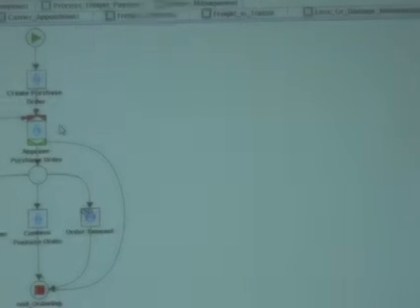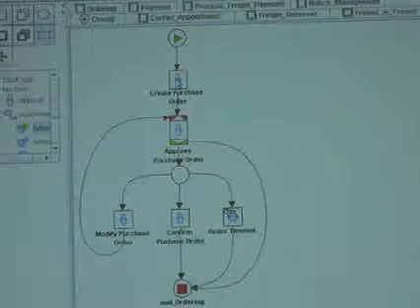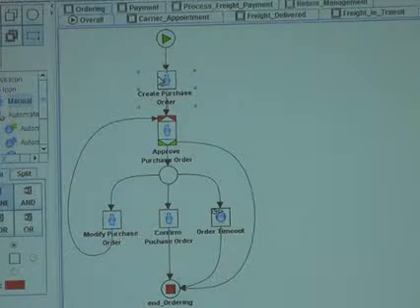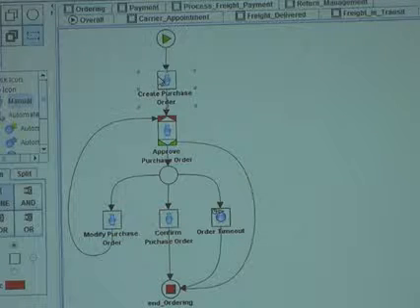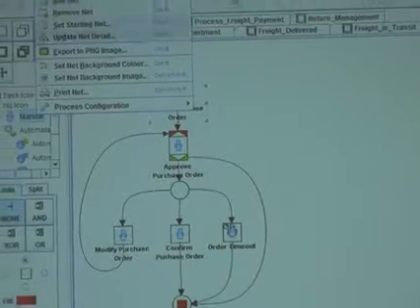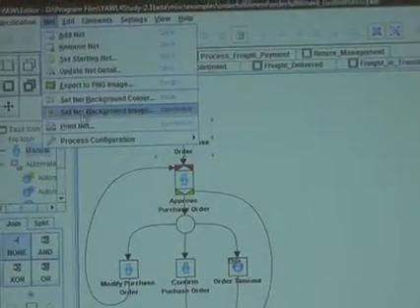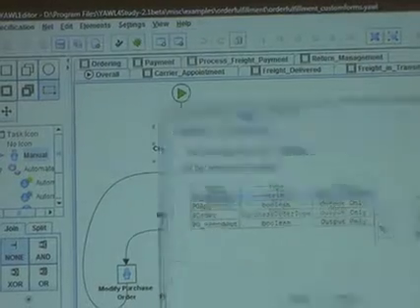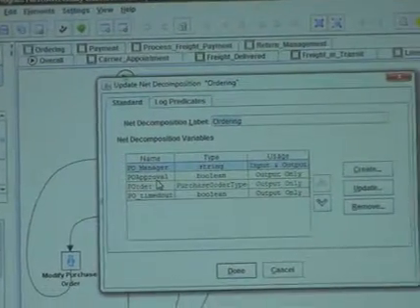Now I'll quickly show some features of the data perspective. So let's have a look at this create purchase order. First, every net can be assigned, and we can define a number of global or net variables for each net. This can be done from here, net, update net detail,